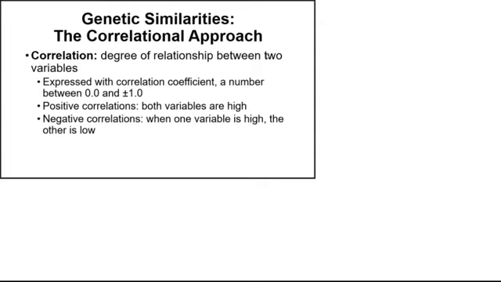And so if we see a number that's close to 1, whether it's positive or negative, we can say, ooh, there's a really strong relationship there. If it's really close to 0, it's a very weak relationship. There might not be anything at all. So we like the larger numbers, but we don't always see large numbers,